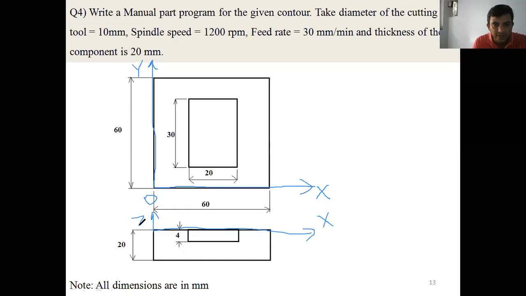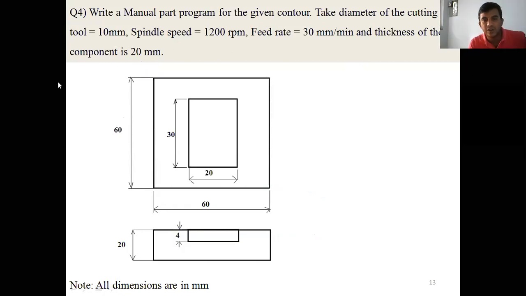This is called the z-axis. Now this is the origin of the workpiece. Right? I think you understood how to fix the origin. If it is side milling, if we are going to perform on the side of the workpiece, then you take 10 mm on the bottom left of the workpiece. Right?